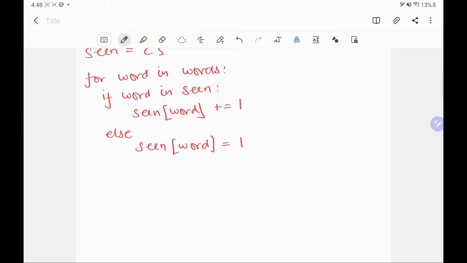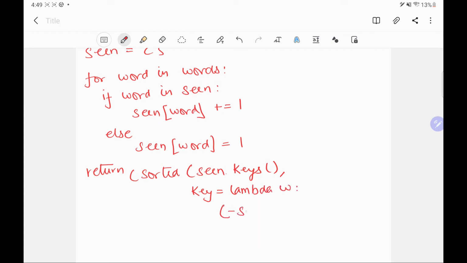Now we need to return the keys of the frequency dict seen in such a way that first we sort these keys based upon the count of the words, or the dict values.